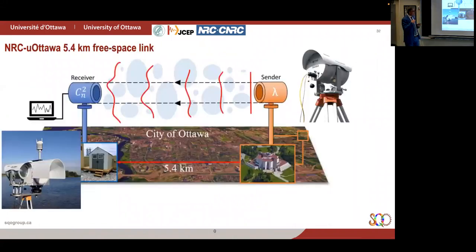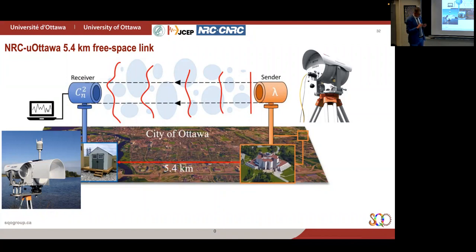And right now we have a free space link between the University of Ottawa and NRC, which is 5.4 kilometers. Should I say, it will be recorded, and just for 2 years the link was down. And a couple of weeks ago, politicians came, they wanted to see the link, and I realized that the window was broken due to the storm, and pigeons went inside, and it's terrible. So I had to spend thousands on just cleaning